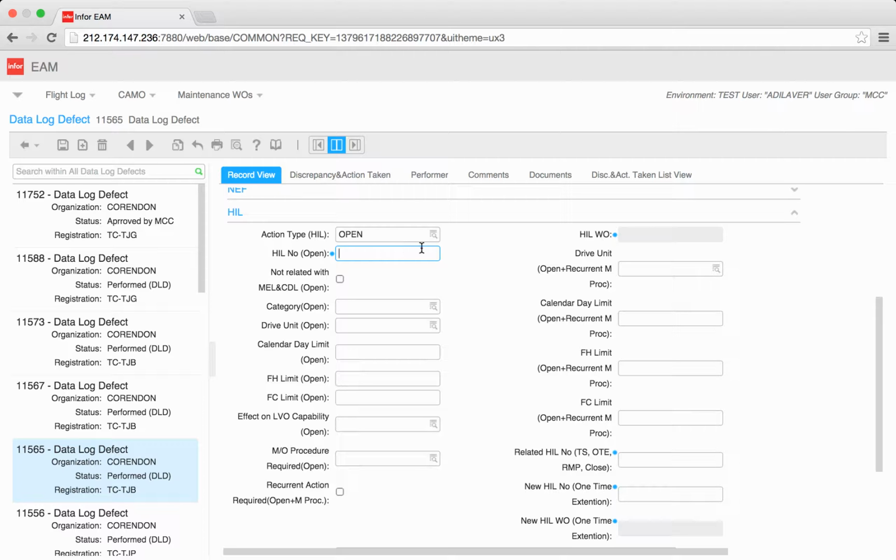And when we select open here, just below, we have to give the hold item number, which we assigned in the hard copy of the hold item logbook which is existing in the aircraft. So we have to write here the hold item number that we assigned by hand. Let's make it 44. And